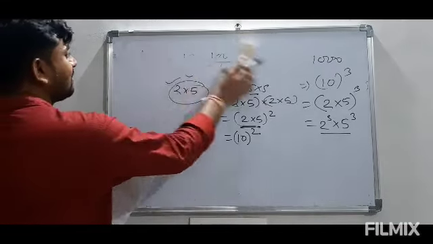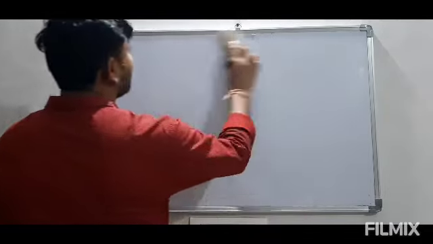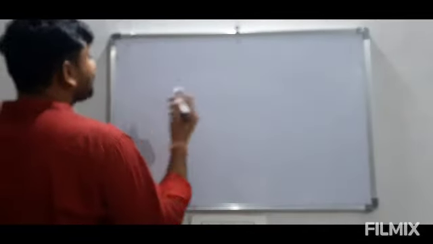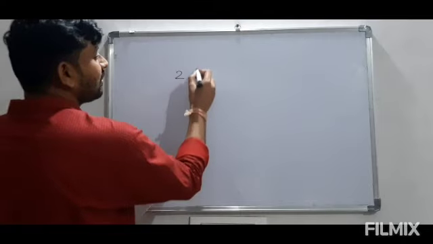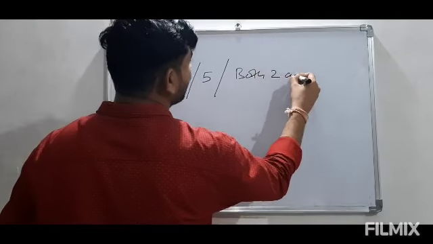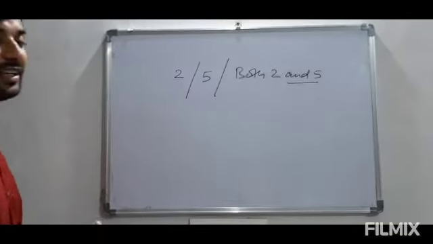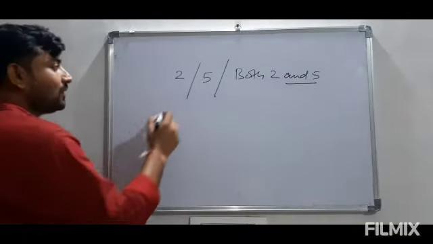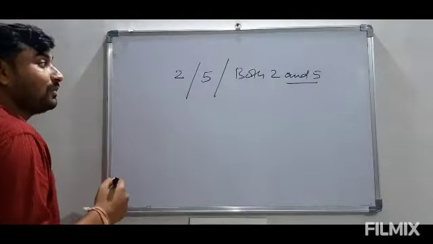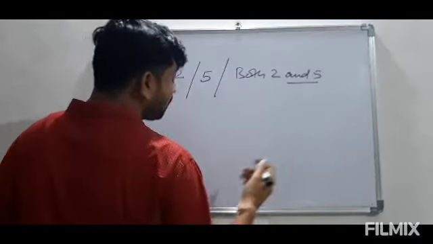What does it mean? The denominator of a rational number which has a terminating decimal expansion will have only two possibilities in the factors of the denominator, that is 2 or 5 or both 2 and 5. So now by using these three, for any rational number, we can easily find out after how many digits the decimal expansion will be